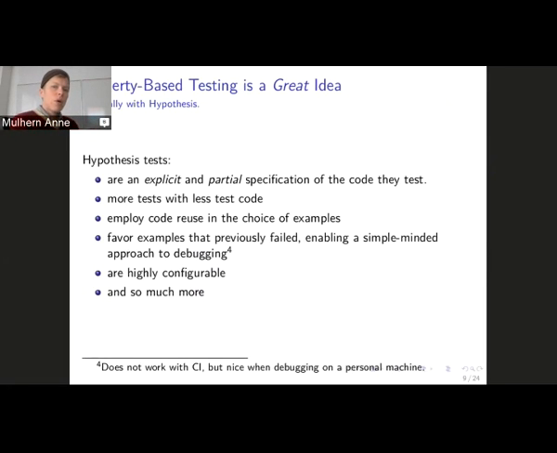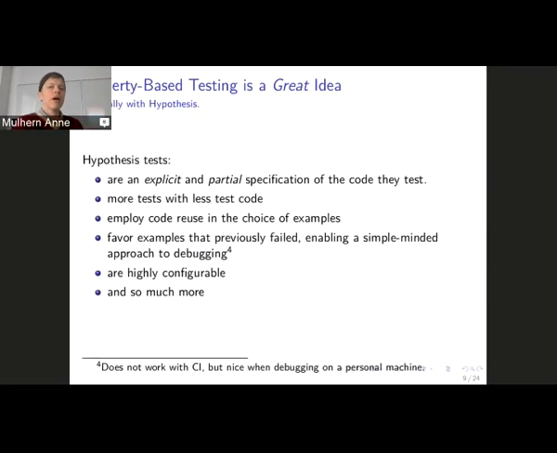So also what hypothesis will do is, yeah, it generates a lot of tests, but it remembers the one that failed. And the next time you run your test, it goes for that one. It doesn't try all the ones that it had tried previously before it found the failure. It goes right for the one that failed. And that's really nice because if you're debugging, you can just run that one test, blammo, it'll hit the one thing that failed last time, and you can step right into the debugger if you want, or anything else that is useful to you. It goes right to the failure, and that's great.